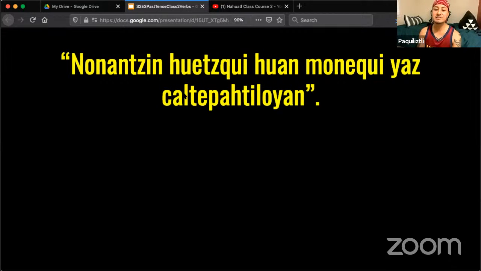And this cal just means building or place. So this is kind of a reduplication we don't necessarily need. You could just say tepahtiloyan, but to make it clear, they might say caltepahtiloyan to say hospital or a place where people are cured, like a medical facility. It's not specifically hospital, but